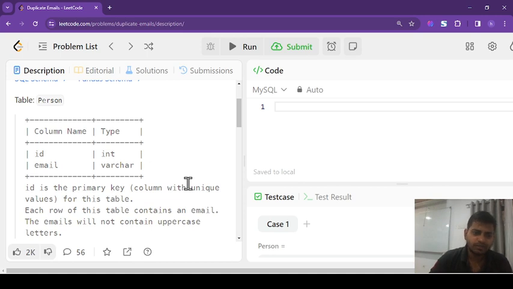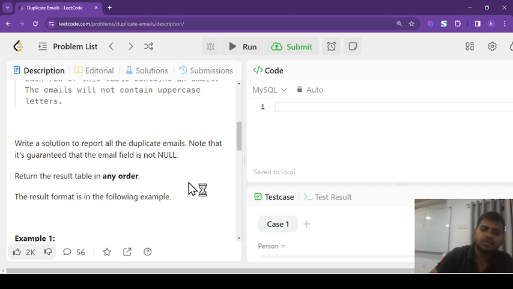Each row of the table contains an email and its respective ID, and the email does not contain any uppercase letters. All the letters in the email are in lowercase. We have to write a solution to report all the duplicate emails. A duplicate email means the same email is mentioned in the table more than once. It's guaranteed that the email field is not null.